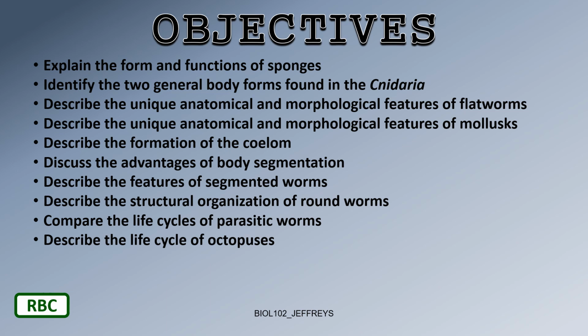Our objectives for this first part of Chapter 28: explain the form and functions of sponges, identify the two general body forms of the Cnidaria, that C is silent, we say Cnidaria, describe the unique anatomical and morphological features of flatworms, describe the unique anatomical and morphological features of mollusks, describe the formation of the coelom, discuss the advantages of body segmentation, and describe the features of segmented worms, describe the structural organization of roundworms, and